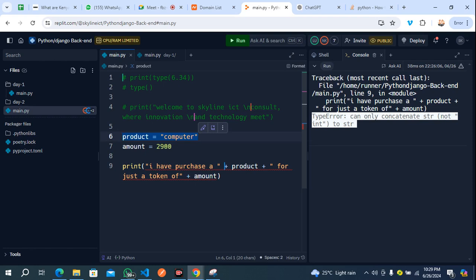So if you want to use two objects at once, they must be of the same type in Python. Then amount, which is an integer, and a string cannot work together. Then let's read ahead and know what the issue is all about.